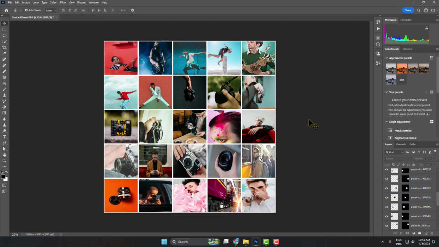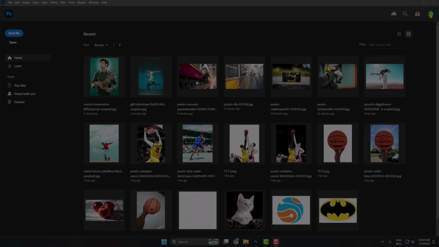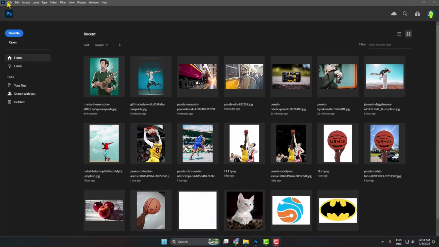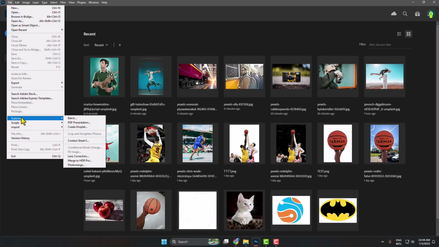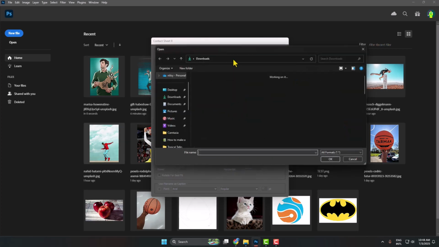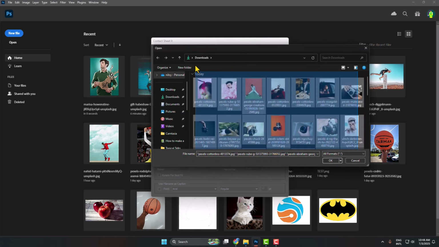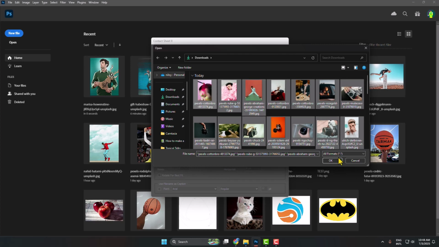Now I'm going to show you the easiest way to create a photo grid collage in Photoshop. Go to your Photoshop and click on File, hover over Automate and click on Contact Sheet. Here click on Files and click on Browse. Now from your computer, select those photos you want to use to make a photo collage grid and open them